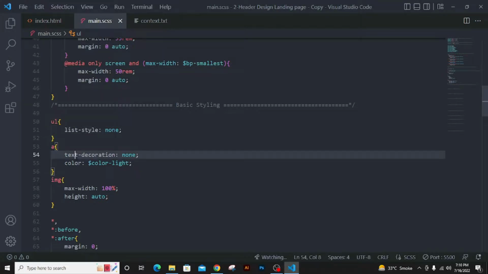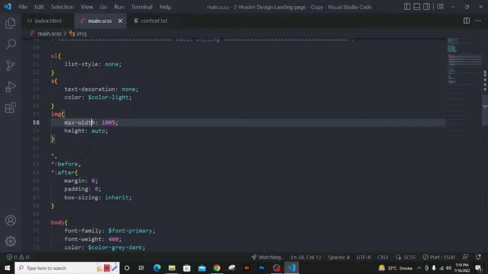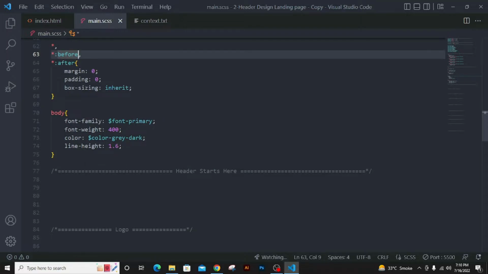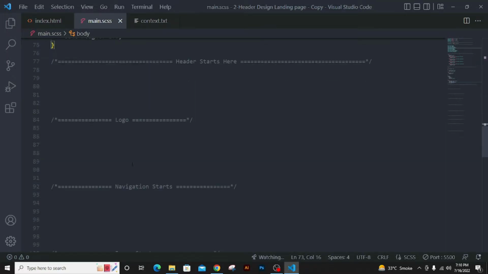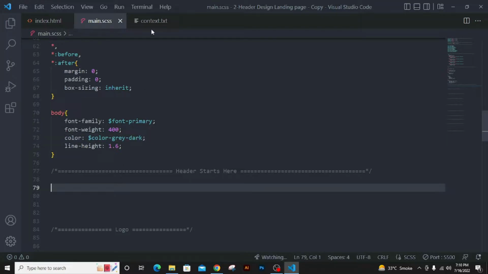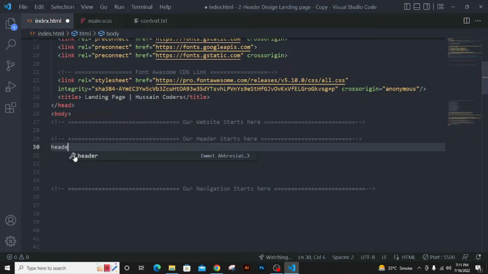Unordered list, anchor point, images, and body. These are some basic styling which I have used. Now let's move and start the website. This is the content that I am going to use. Let's start. I'm going to make a header with the class of header,